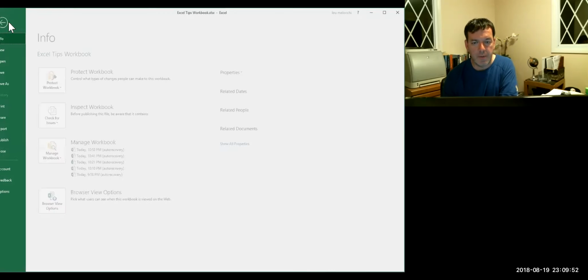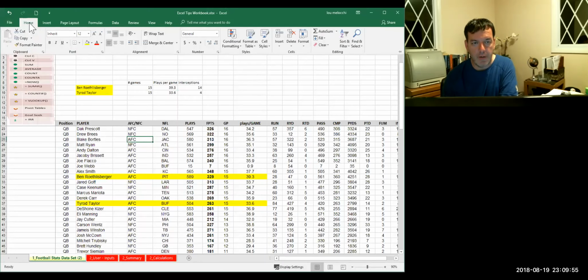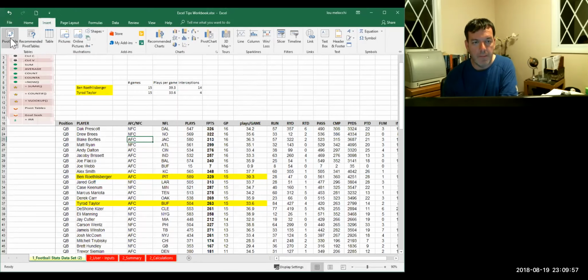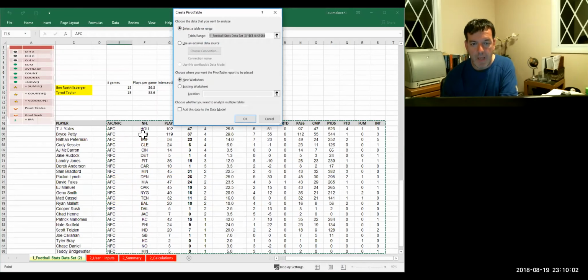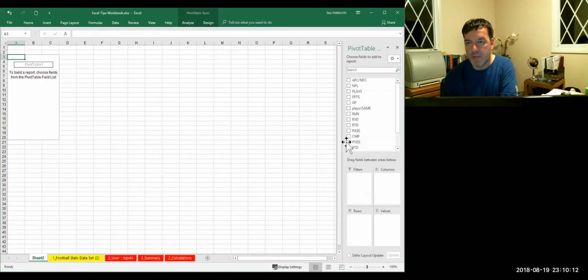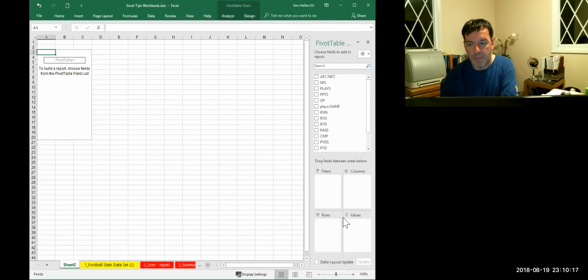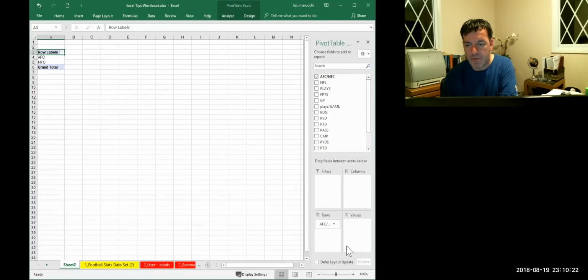And so what you typically do is you'd go over here to pivot table, within the insert menu. I'm going to type in pivot table, and it asks you to select the table range here. It's already highlighted a given table range. I'm going to press OK, and then what it does is it pulls up for you kind of like a drag and drop feature down here. So what I can do is I can drag and drop and say, okay, I want to first see AFC and NFC, and now I want to look at,